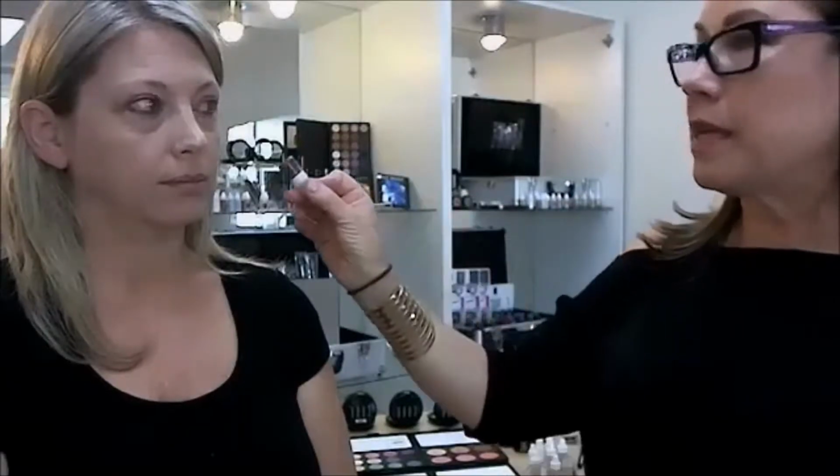And you'll learn how these pigments are super, super intense. These are not pigments that you put on someone's face. They are strictly the pigment that you're going to put in,